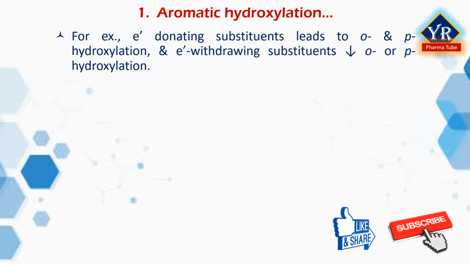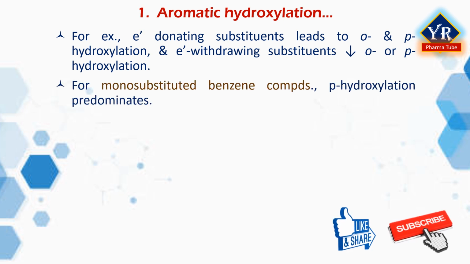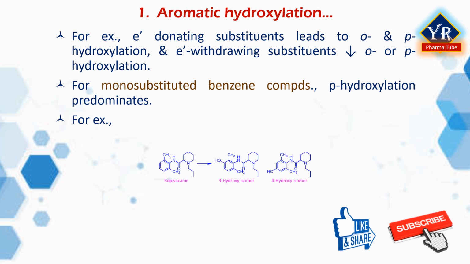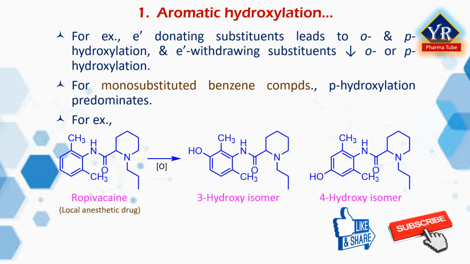For example, electron-donating substituents on the aromatic ring lead to ortho and para-hydroxylation, whereas electron-withdrawing substituents reduce or prevent ortho or para-hydroxylation. For mono-substituted benzene compounds, para-hydroxylation frequently predominates, with some ortho product also formed. Ropivacaine, a local anesthetic, contains an electron-rich aromatic ring that readily oxidizes to form a mixture of the isomeric 3